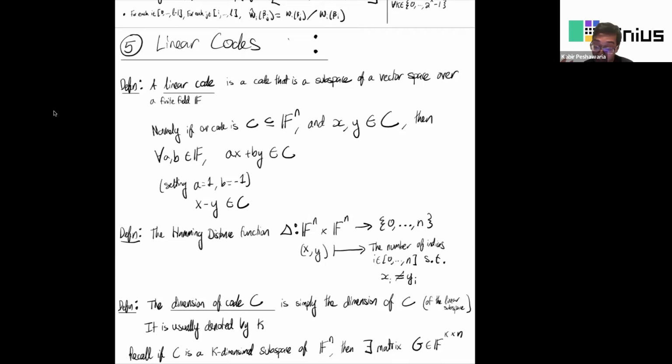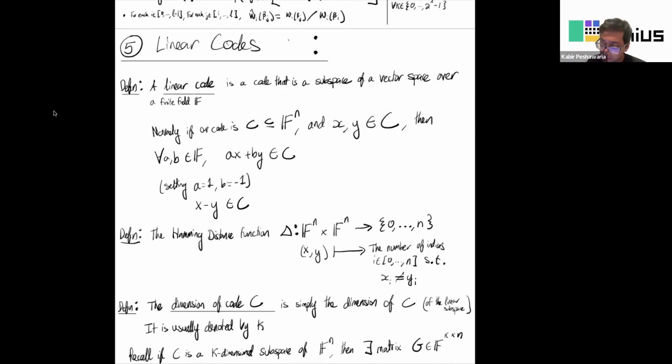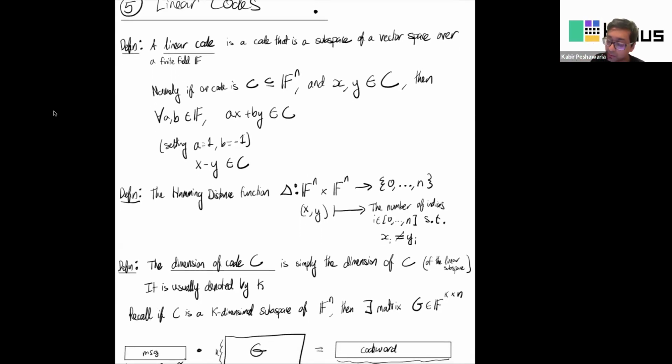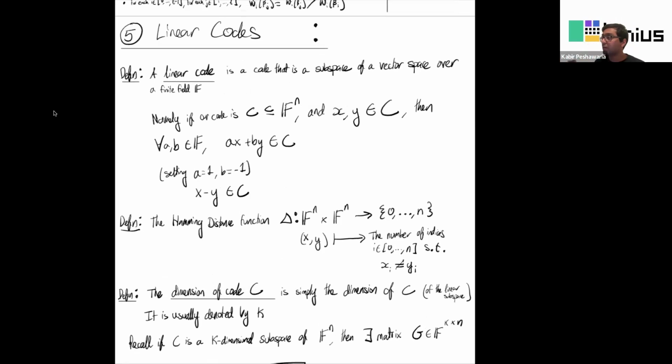Now we're going to talk about linear codes. This section is going to be kind of like a detour and maybe not connected fully to what we've been talking about so far, but I think it's important nonetheless to talk about this. I'm sort of using it as an excuse to talk about linear codes so that we can jargon bust a little bit. I think it's really important to be comfortable with the terminology and some of the basic ideas around